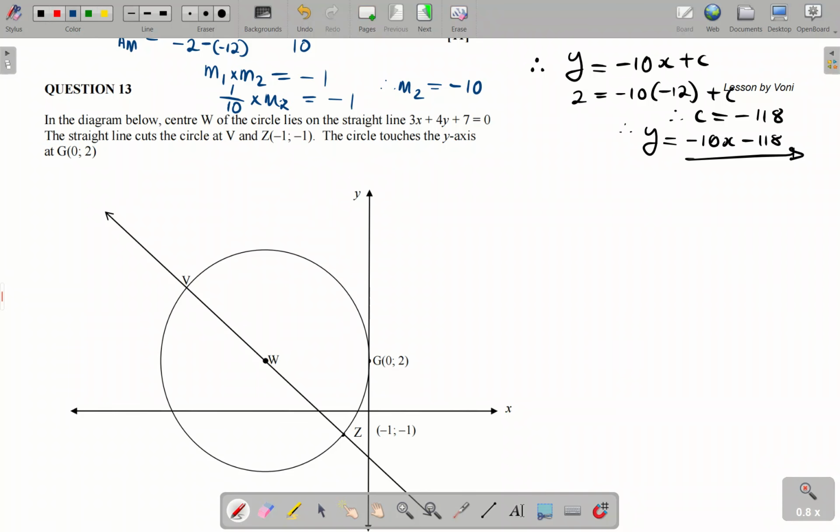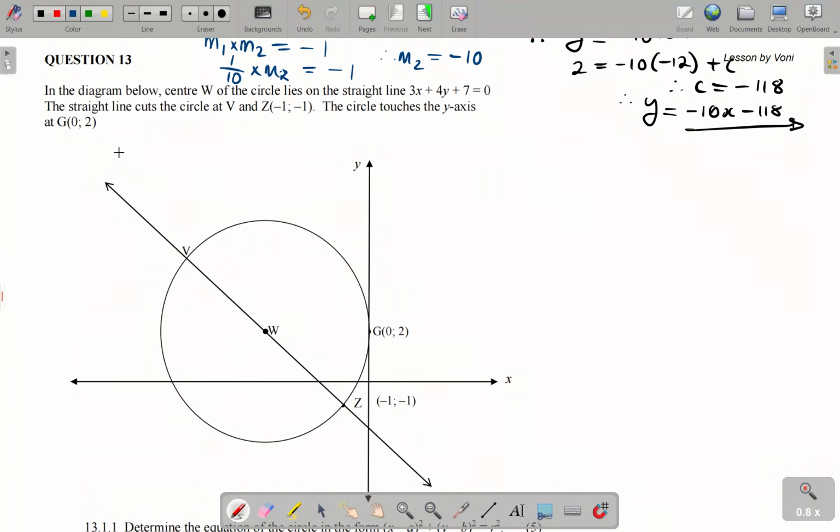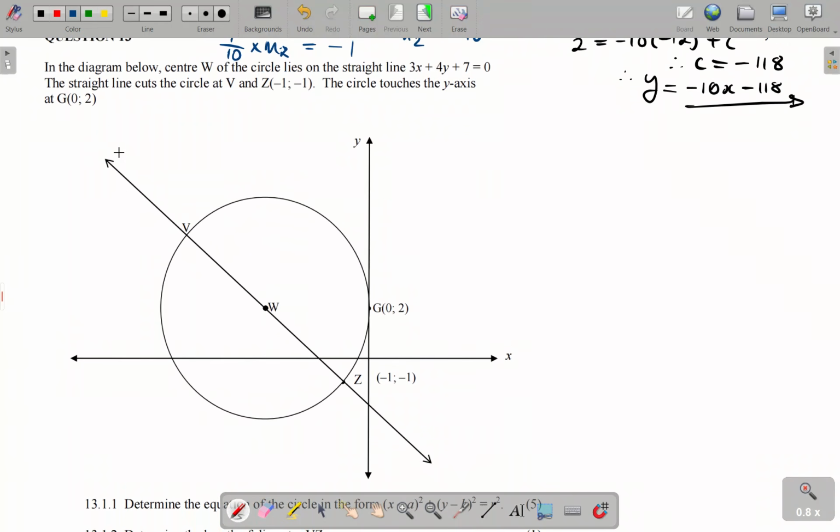So we have question 13. They say that in the diagram below, center W on the circle lies on a straight line 3x plus 4y plus 7, which is equal to 0. The straight line cuts the circle at V and Z. So now,